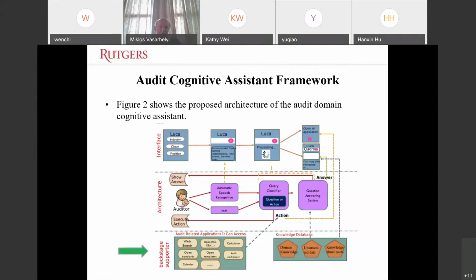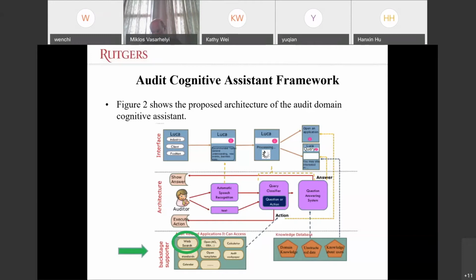The third part is the background supporter, introducing applications from third-party apps that are linked to the proposed audit cognitive assistant system. For example, if auditors are interested in knowing new information such as the economic factors or latest events about the client during the risk assessment, then a web search app will allow information to be used through an online search engine. And for the knowledge database, the system also supports the domain knowledge,